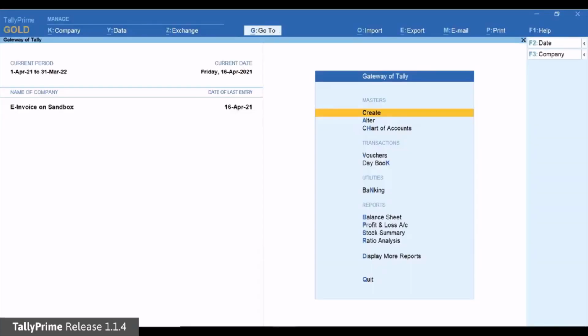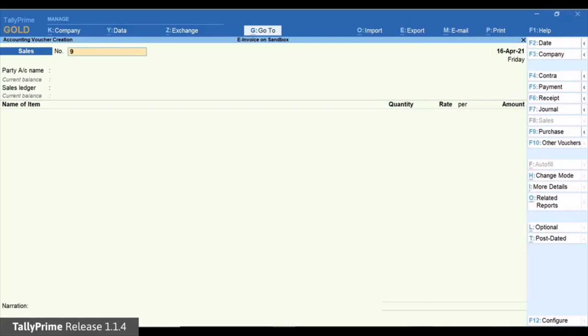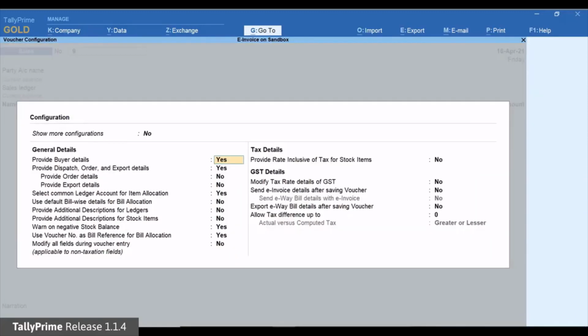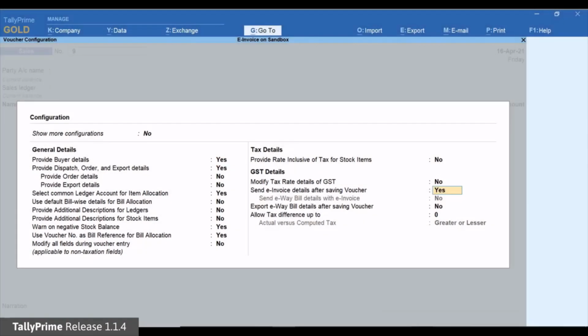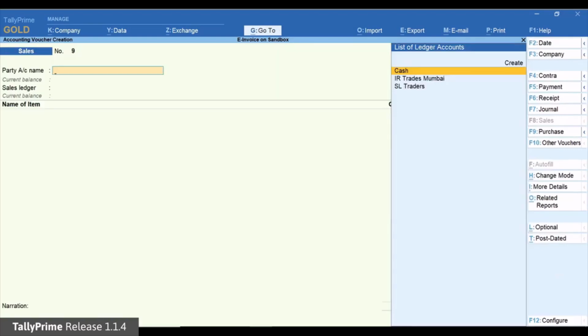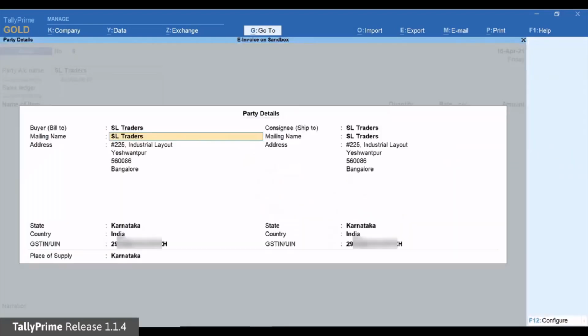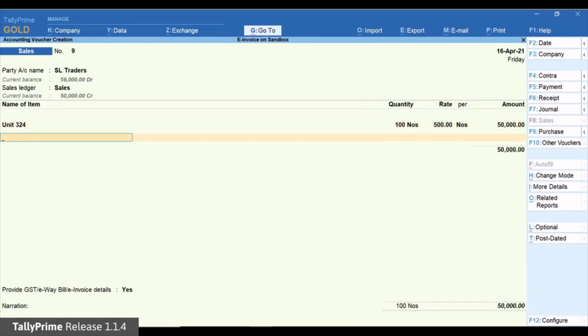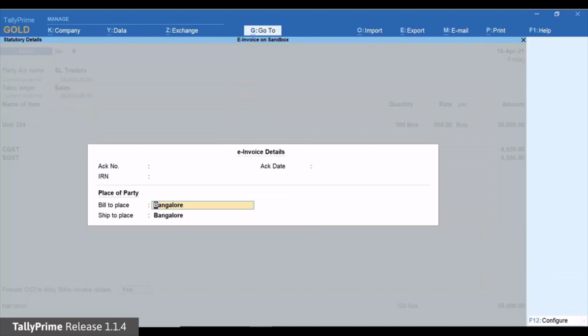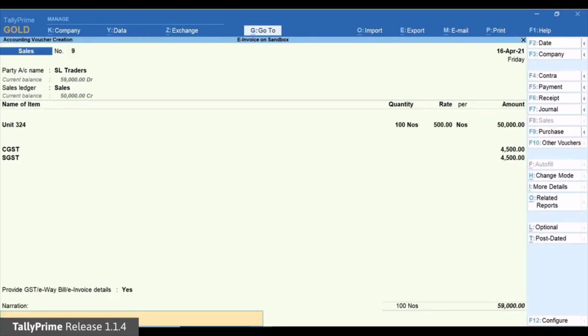Now open a sales voucher in Tally Prime. Press F12 and set Send e-invoice details after saving voucher to Yes. Press Ctrl A to save the voucher.